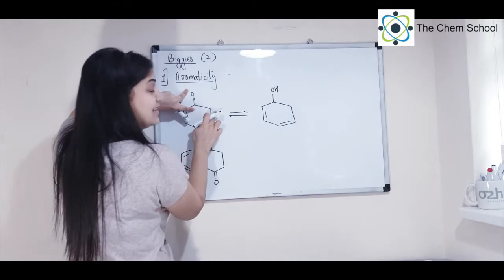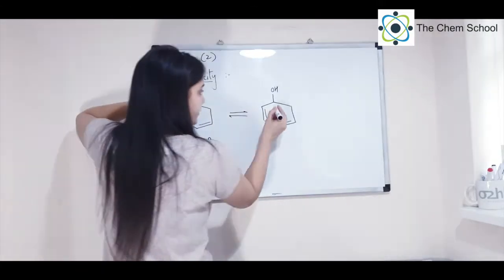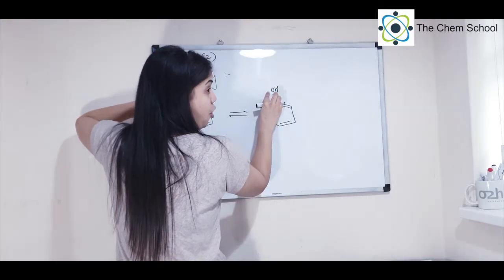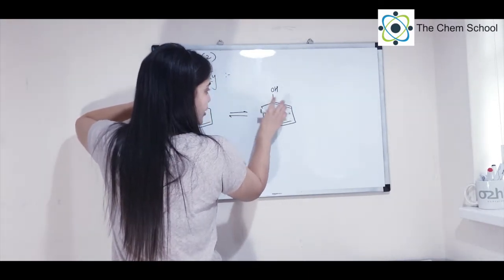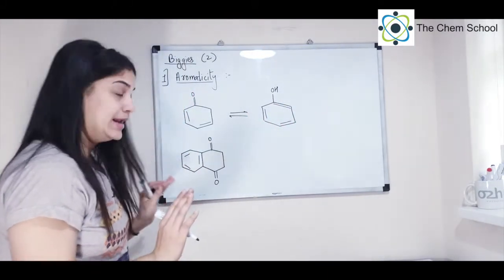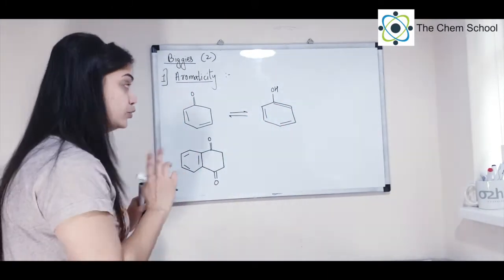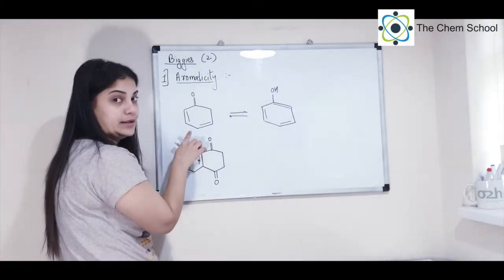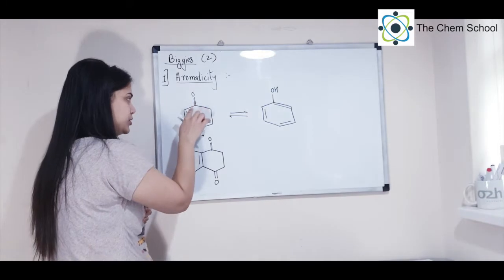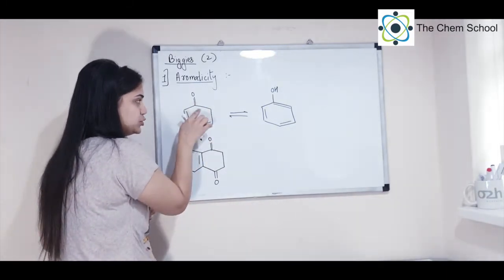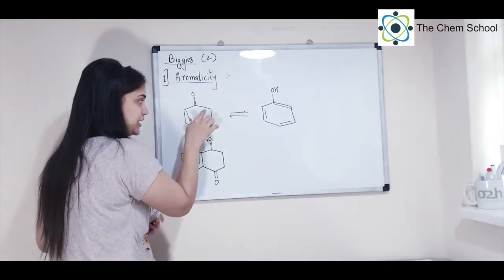And towards the alpha hydrogen side, we will put a double bond. So you can see this is ene and this is ol. So enol, we have drawn the enol. So this is keto and this is enol, right? Now have a look at what is the major difference in both of the structures. This is not aromatic. It is conjugated. You have double bond, single bond, double bond, single bond, double bond. That is okay. But you can see that here there is no conjugation